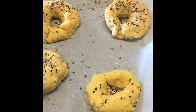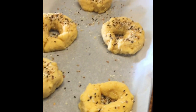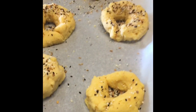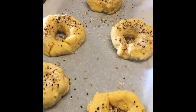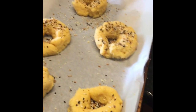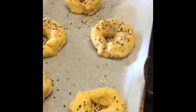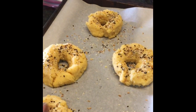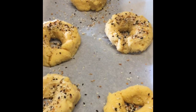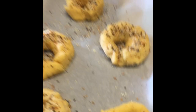Okay, so these were a little bit difficult to manage. At first, after I had my cheese melted, I added the coconut flour, which is very dry. So I added my eggs per the recipe. Then I felt like it was so wet and sticky, I needed to add a little bit of almond flour. So I added a little bit of almond flour, and then they got a little crumbly. So I don't know, we'll see how they turn out. As you can see, I got them formed. They're on my parchment paper. I was able to squeeze out 5 little bagels here, and then I went ahead and sprinkled them with my